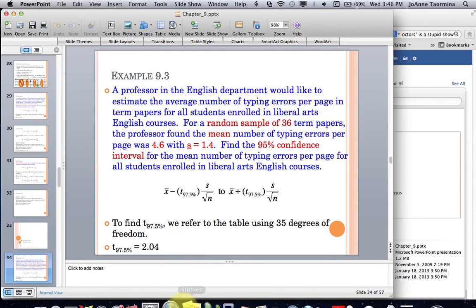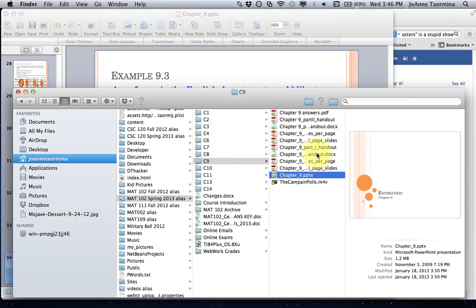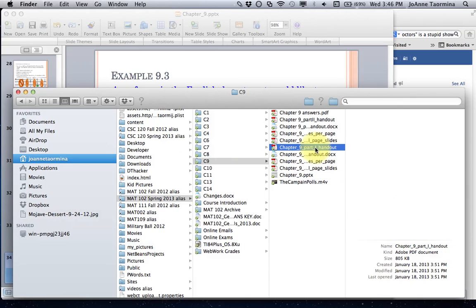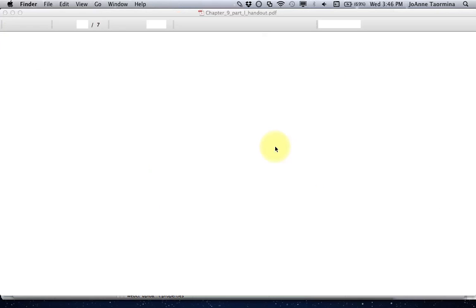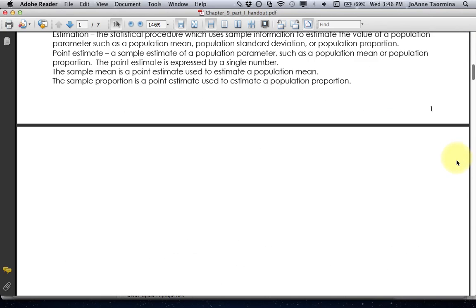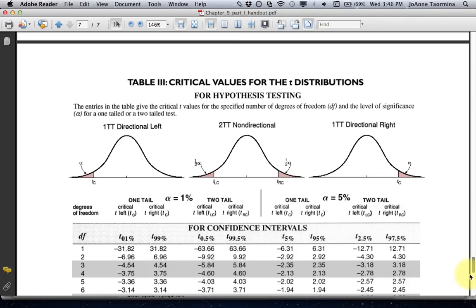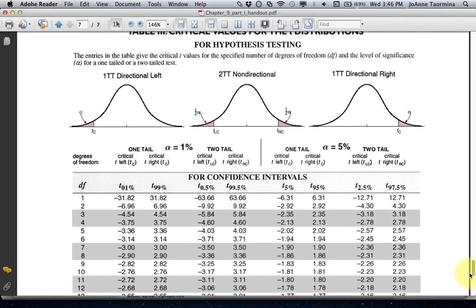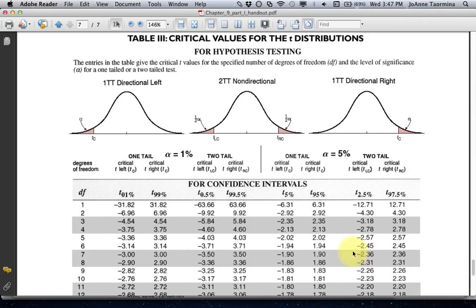So let me open up that chart. Okay, in your handout at the very end, you have this chart for the t-distribution, and we did look at this at the last lecture. And just to recap,